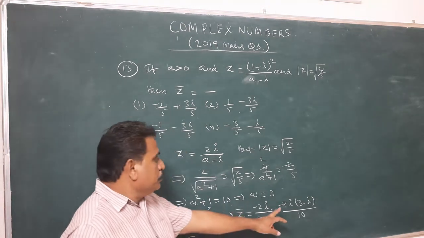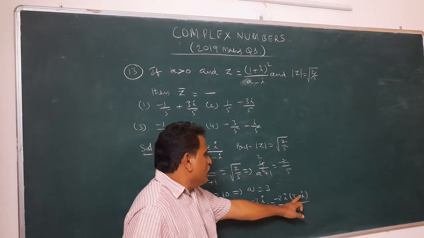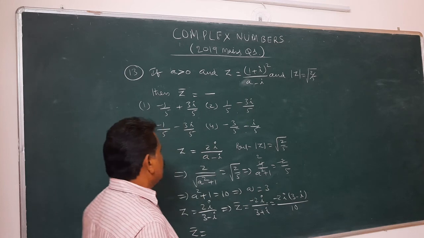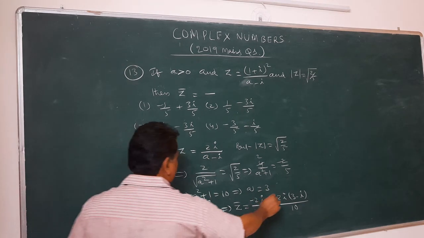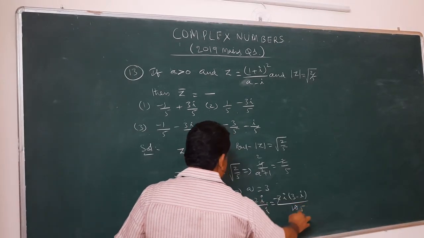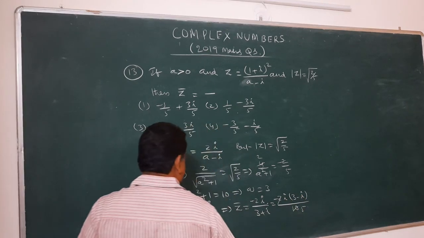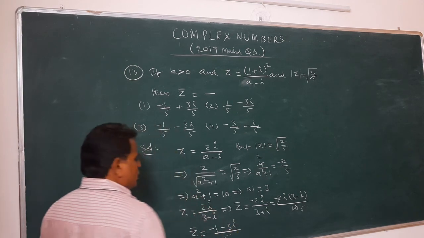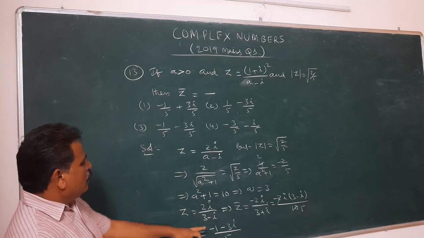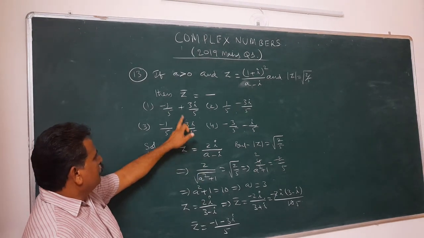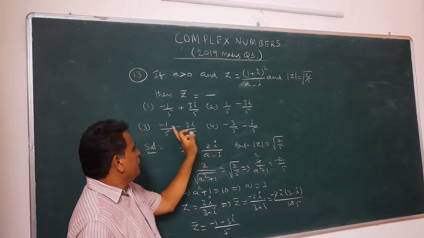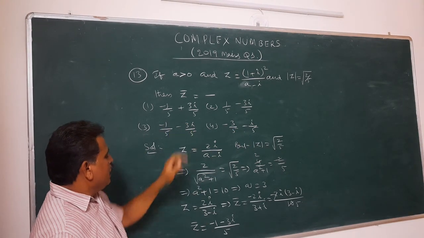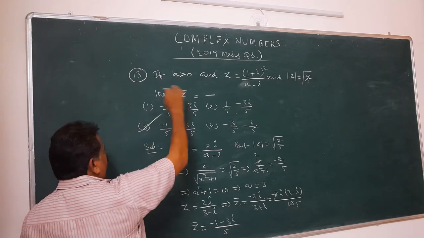Equal to minus 6i plus 2i square, 2i square is minus 1. 2 cancel in this 5 times, plus i square, that is minus 1, minus 3i by 5. Check that. Which option is the right answer? Minus 1 by 5, minus 3 by 5. Here minus plus minus, minus minus, like this. So here z bar is minus 1 by 5 minus 3i by 5. So the third option is correct.